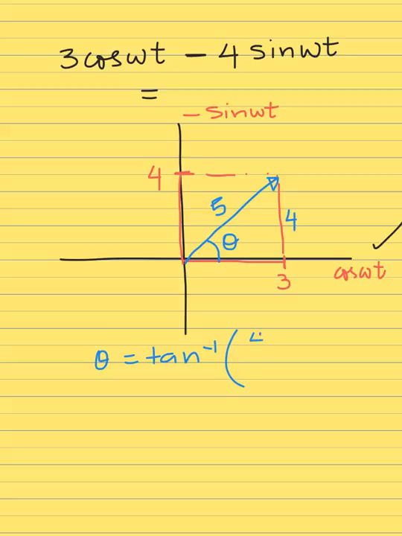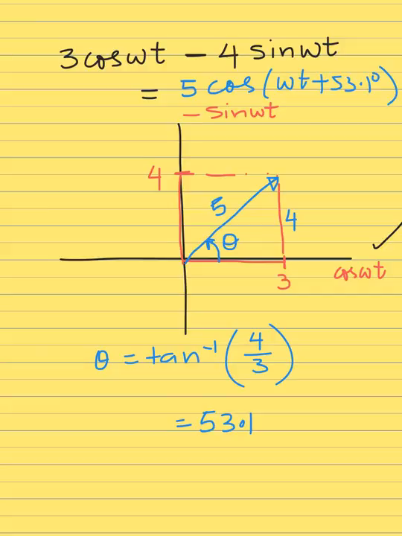and the base is 3, and that gives you an angle of 53.1. And since it's counterclockwise, it's a positive angle, so here the result will be 5 at an angle of 53.1. So in this case, in writing it, it's a cos omega t, and we're adding that